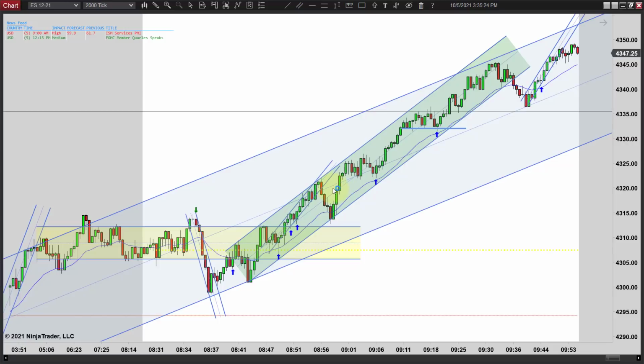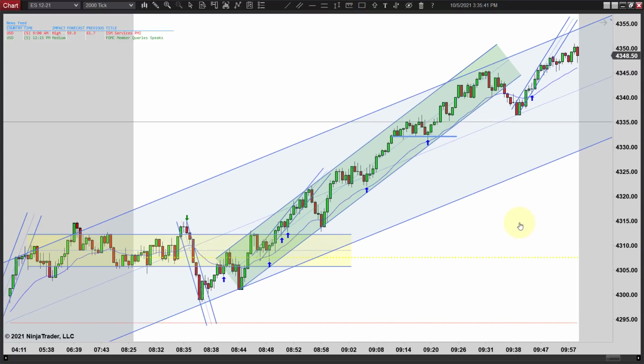We're also right at the midline of the big blue channel. You can see that, and we're closing above it there. If they can break it higher, they're going to run the stops here. And of course they do. It takes a minute, but once it takes off, it just keeps going. And it's obvious this is a fairly strong trend.